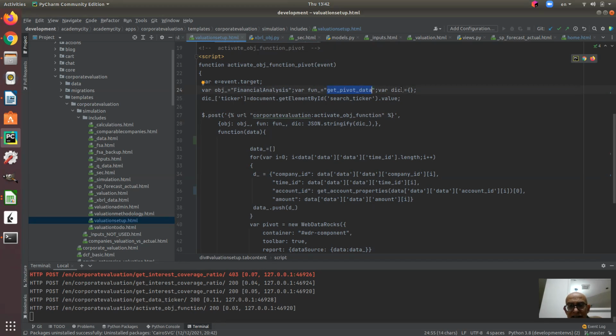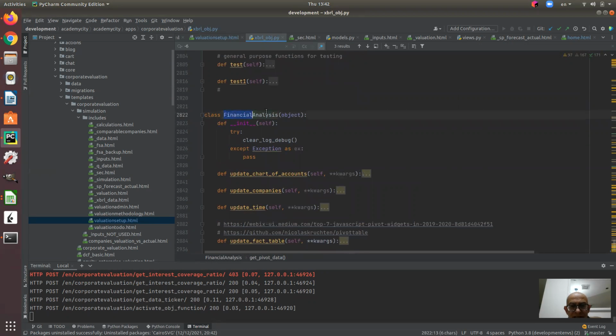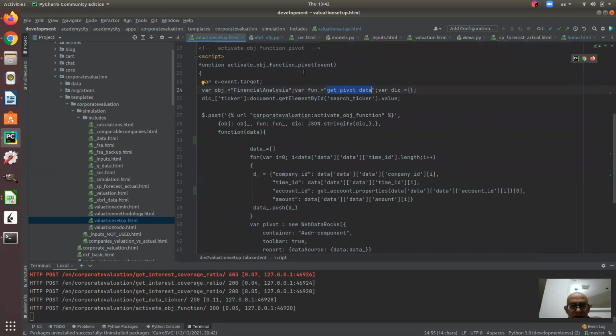And if I have any attributes, I will add them to that. And one of the attributes is the ticker. So at the end of the day, it will take me to the analysis object. You see that? That's the beauty of it. What this activate objects function does is it automatically navigates. So eventually you will activate this function,